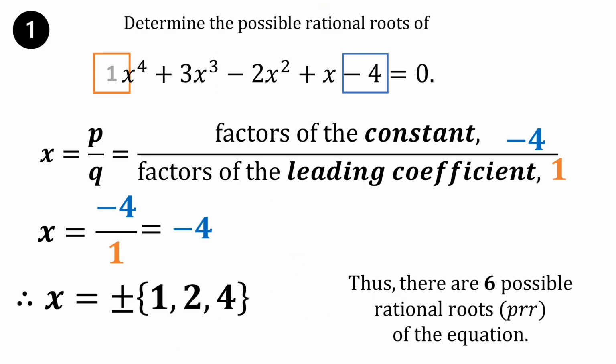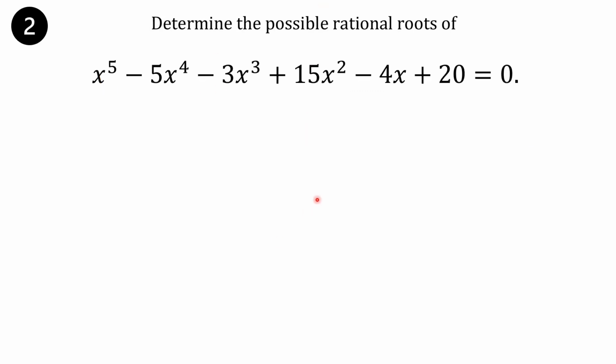Another example, determine the possible rational roots of x raised to 5 minus 5x raised to 4 minus 3x cubed plus 15x squared minus 4x plus 20 equals 0. Applying the RRT, or the rational root theorem,